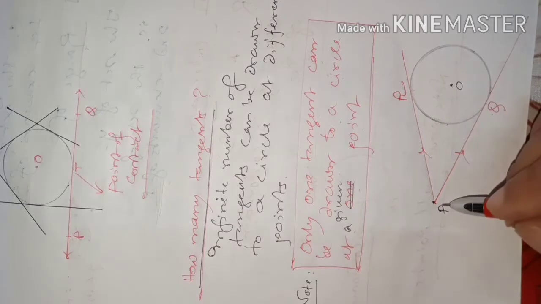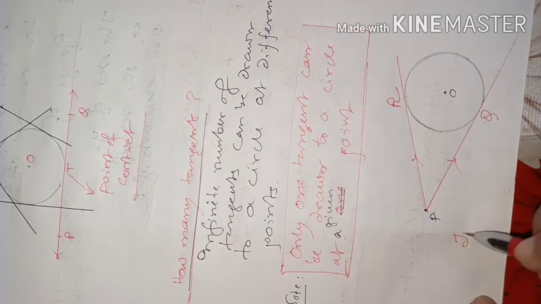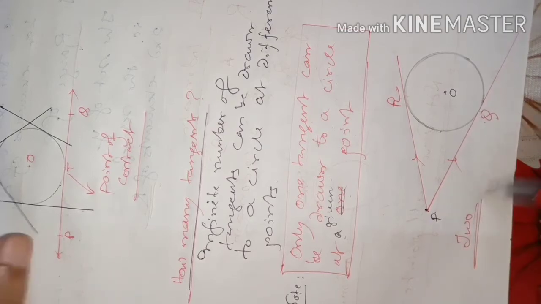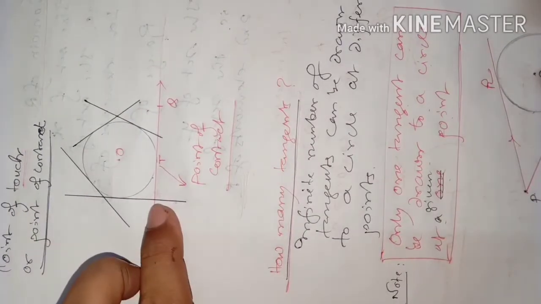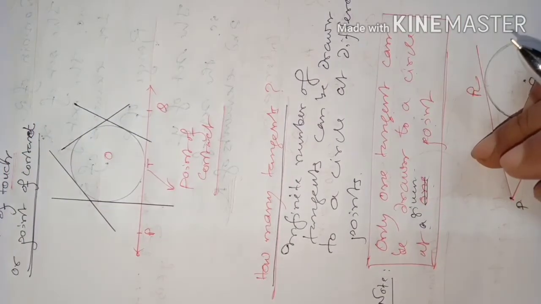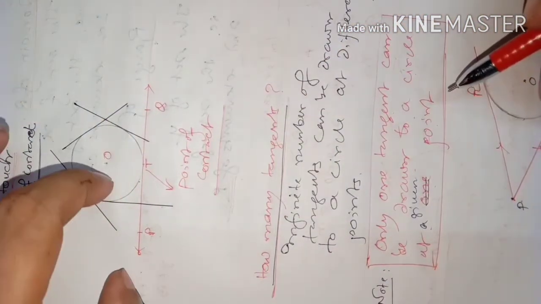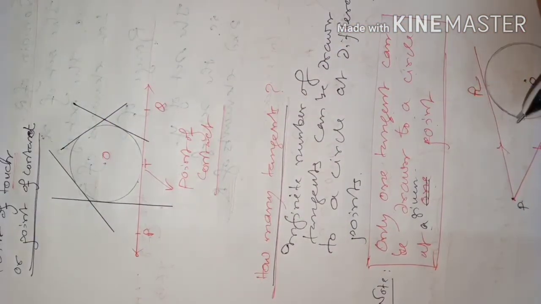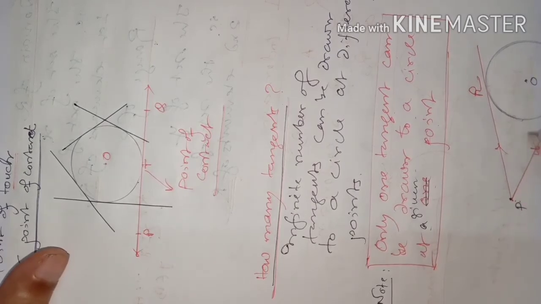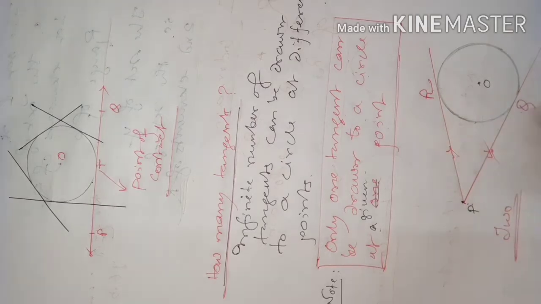So if somebody asks you how many tangents can be drawn to a circle from an external point, your answer is 2. But if it is asked without specifying a particular point, from different points how many tangents can be drawn to a circle, we can draw an infinite number of tangents. And at a point, how many tangents can be drawn? 1 tangent. Is it clear? At one point, 1 tangent. But to a circle, at all points, an infinite number of tangents. From an external point, 2 tangents can be drawn. Is it clear, students? From an external point, 2 tangents can be drawn to a circle.